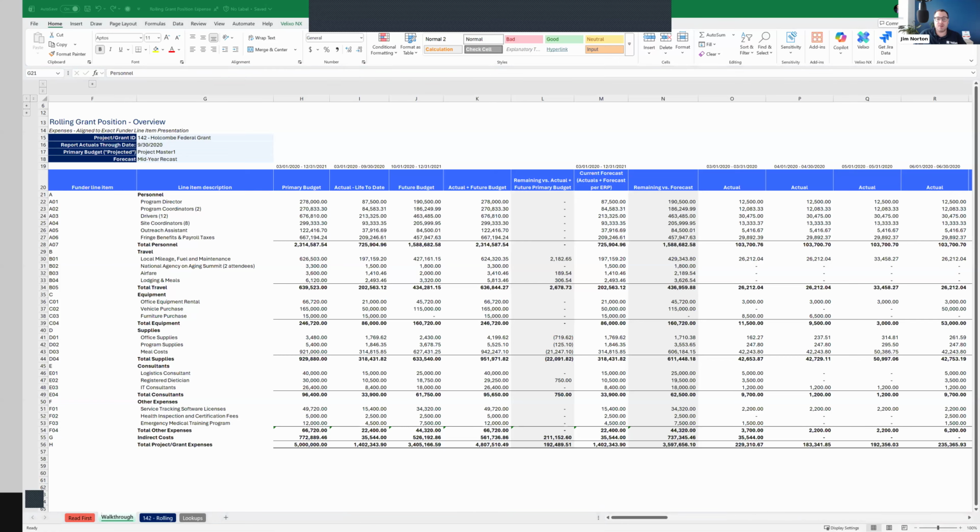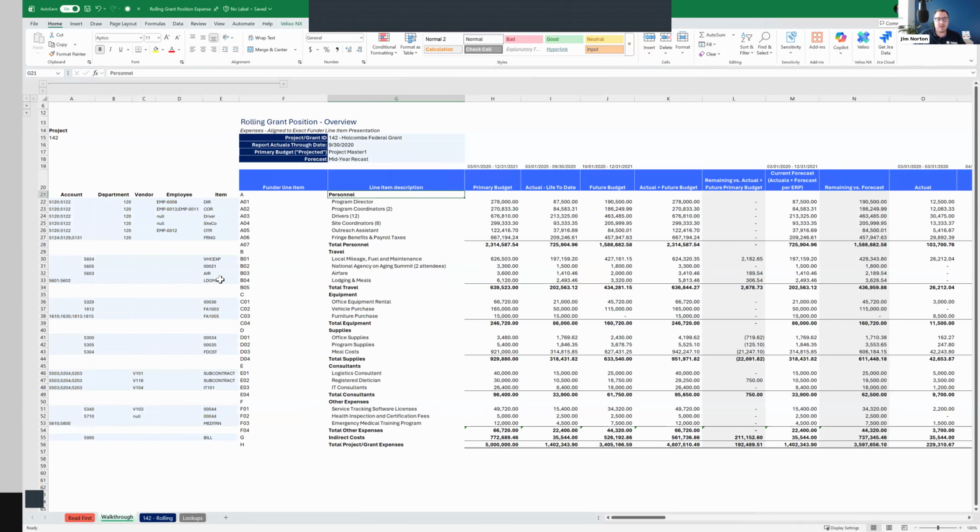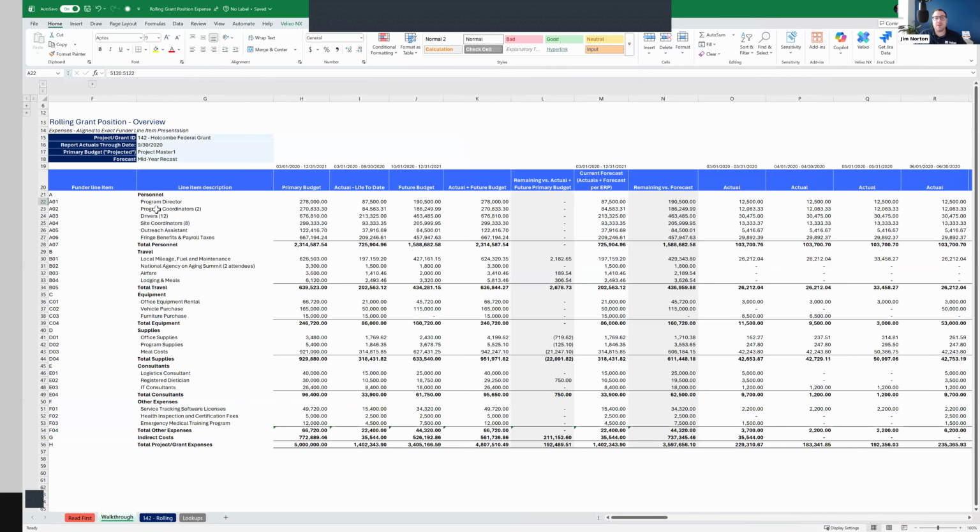So the first piece of the strategy here, as you might imagine, is that same mapping idea, right? I've got my columns out here, and it allows me to do the degree of mapping that I need to do to align to my funder's line items, right? So when I have program director, oh, well, that means this person, and here's the ways that that's going to be coded. So all of that is mapped so that it can be live refreshable. But somebody looking at a report can just look at it in their language.